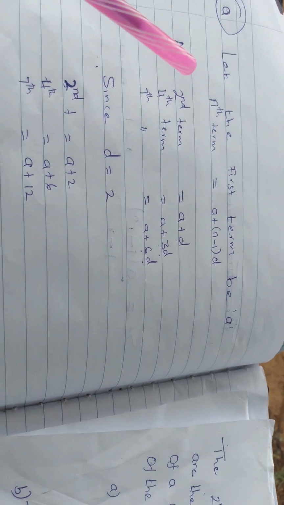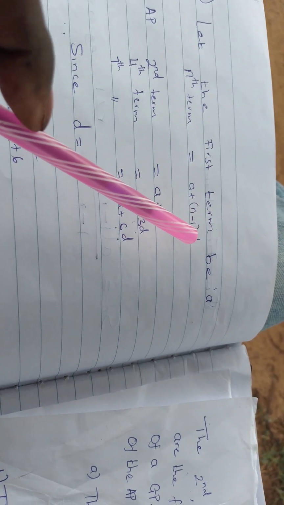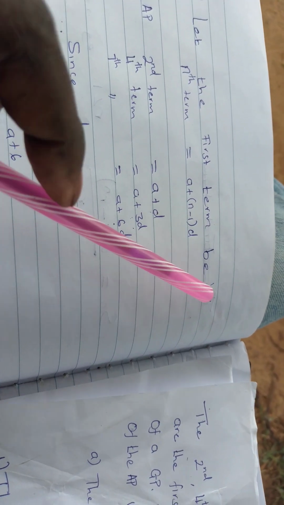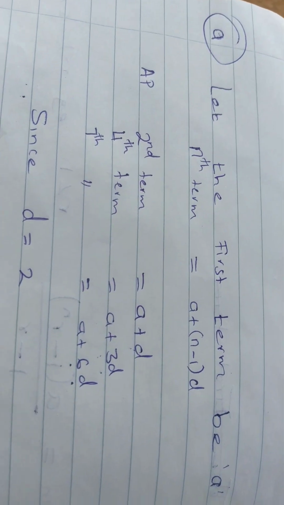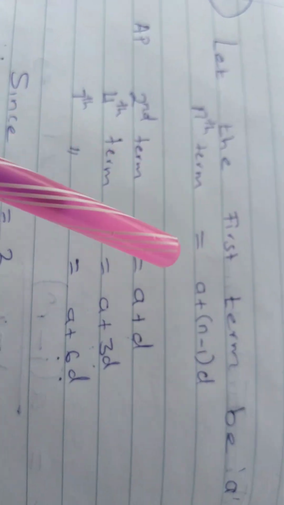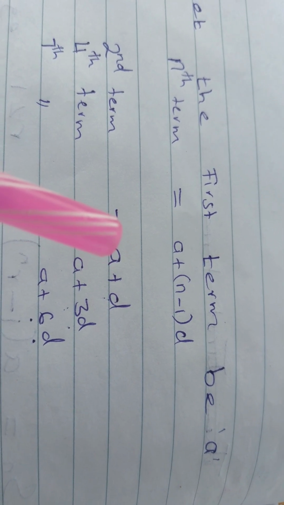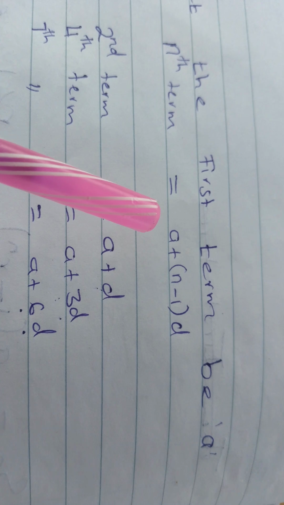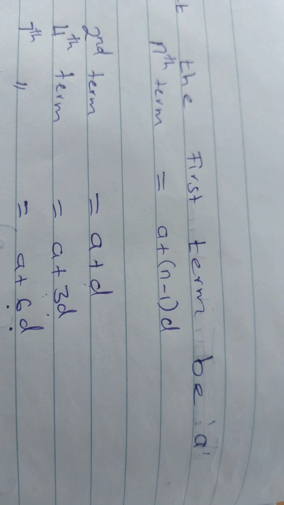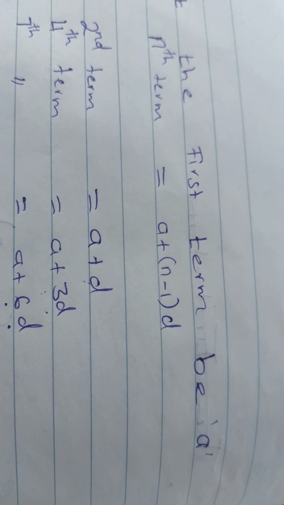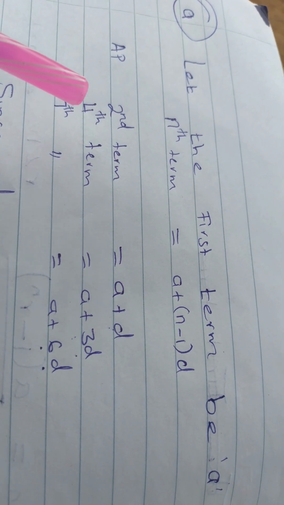To the solution, we shall first let the first term of an AP be A. So according to our formula, to get the nth term, just like we have learned in the introduction, we have the first term times the bracket, the number of terms minus 1, close the bracket, then you multiply by D. So according to the question,